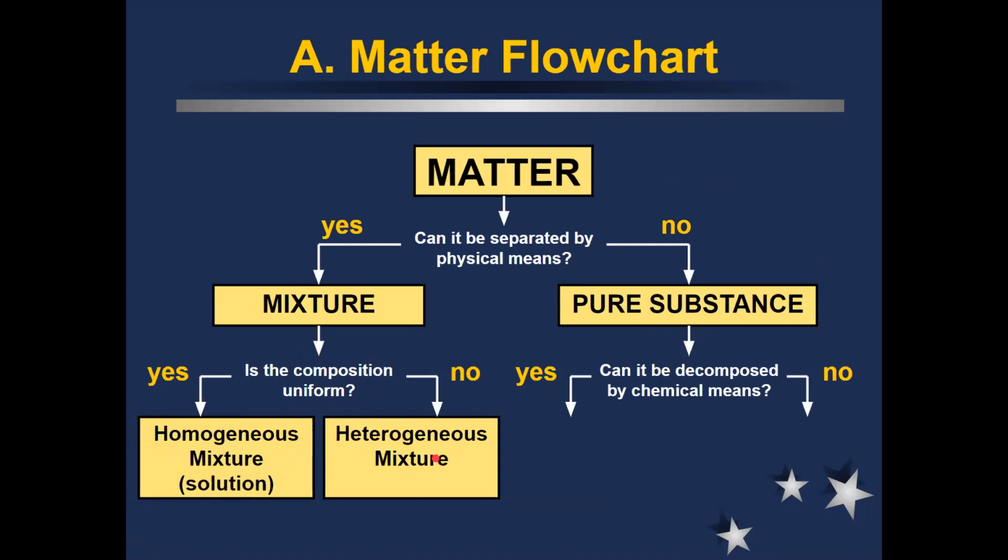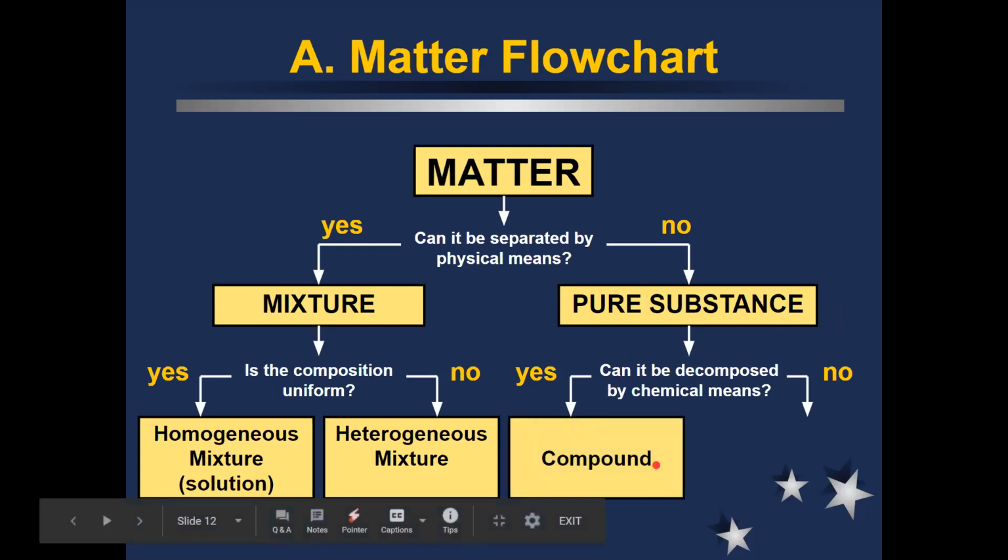On the other hand, if we do have a pure substance, only that one type of particle is present. If that particle has multiple different elements, all chemically bonded, chemically combined with each other, then it is a compound. If it is literally just one single type of atom with nothing else present, then it is only an element.